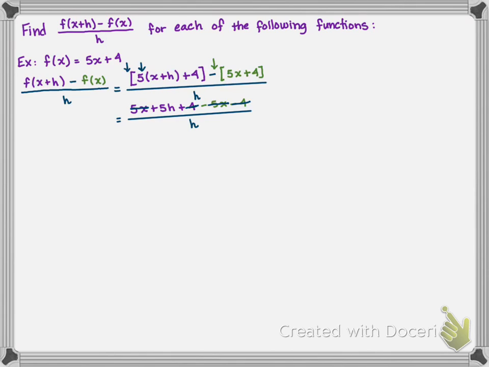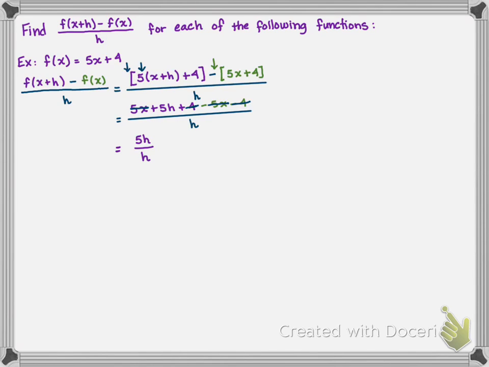I'm not saying that everything that contains an x will go away, although that happened here. I'm just saying things that don't contain an h will go away. So it's possible to have both an x and an h in a term. And so that turns out really nice and gives us 5h